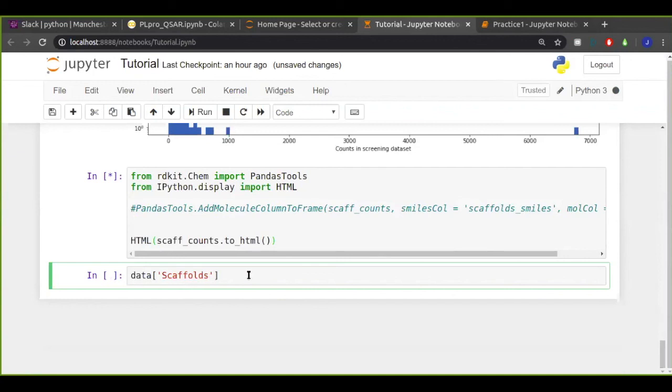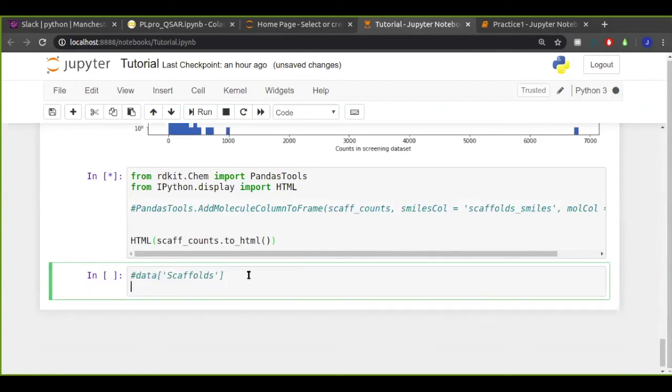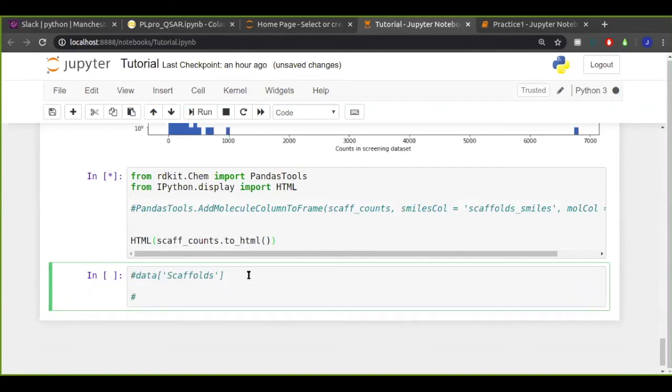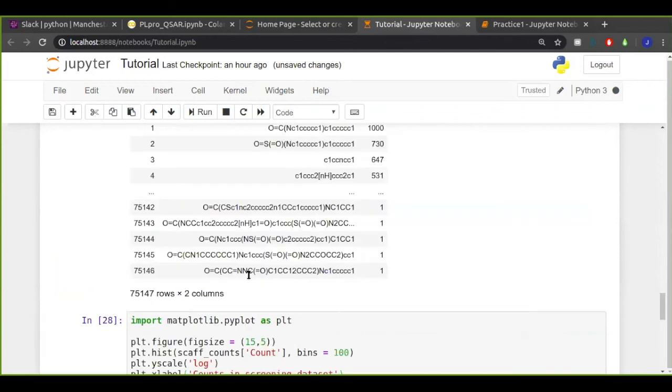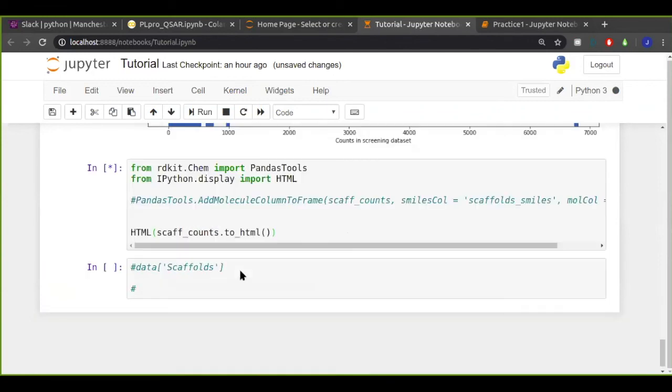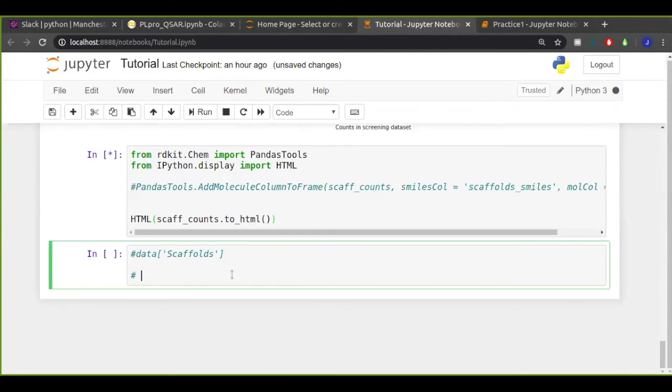Okay, so how am I going to filter this? I want to have some rules where, well, I'll use this scaff counts.